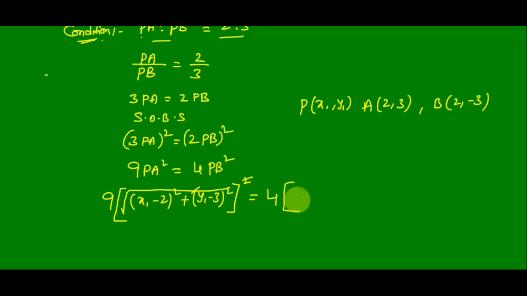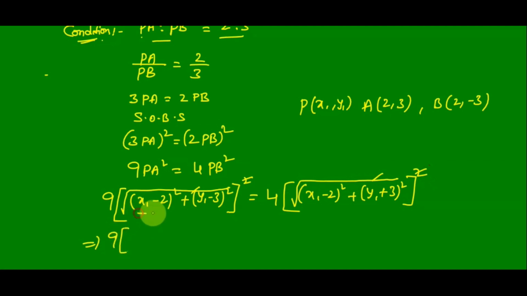We'll substitute here also: x1 minus 2 whole square plus y1 minus of minus, it will become plus 3 square. Same here also, square root of, and again square is there, the square and roots get cancelled. Now we'll simplify this on the right hand side. 9 into, see here, if you observe, this is in the form of a minus b whole square, that is a square minus 2 2s are 4x1 plus b square, that is 4, plus similarly this is also in a minus b whole square format.